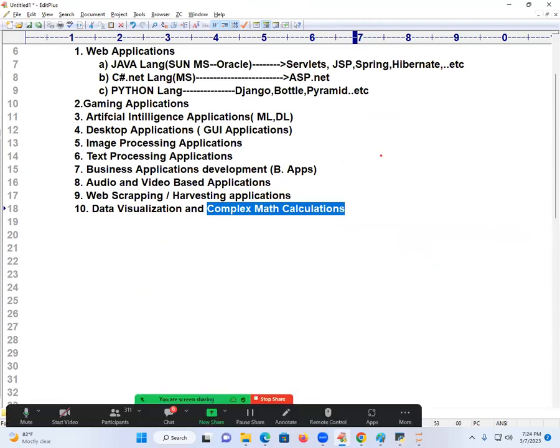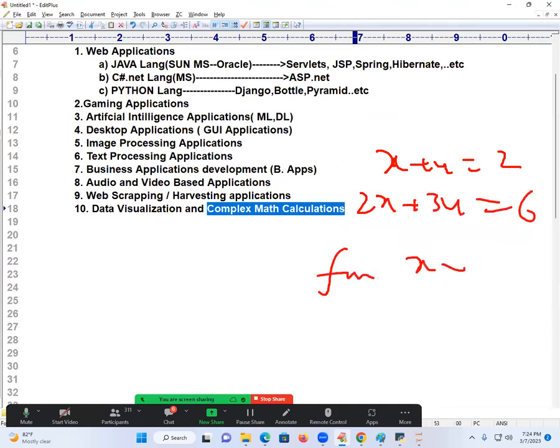I'll go to one more thing, students. It's so interesting. x plus y is equal to 2. 2x plus 3y is equal to 6. Find x and y. These are also called what? Linear algebra. Simultaneous linear equations. In our 6th class, 7th class, 8th class. Not remembering? I'm not asking a question. You don't remember, I know that. But how to do it programmatically? What is the use of that first of all?